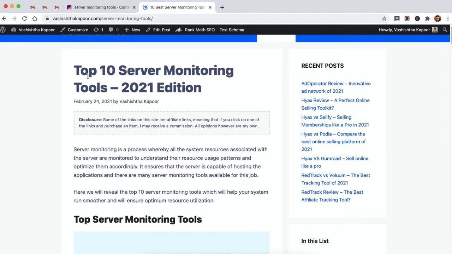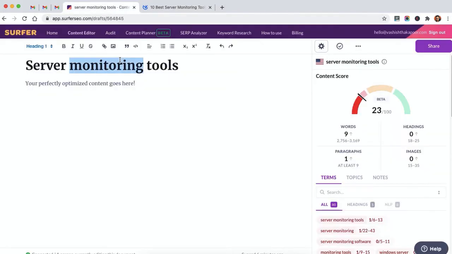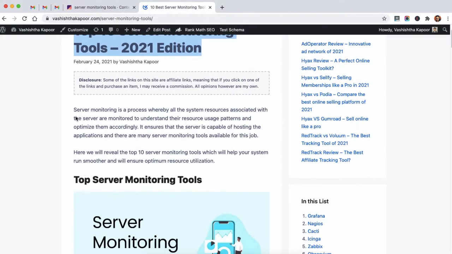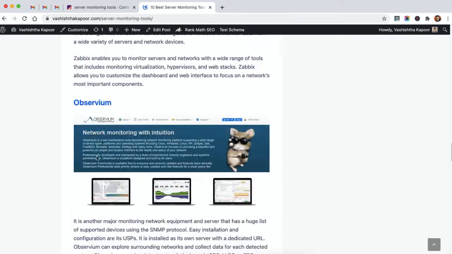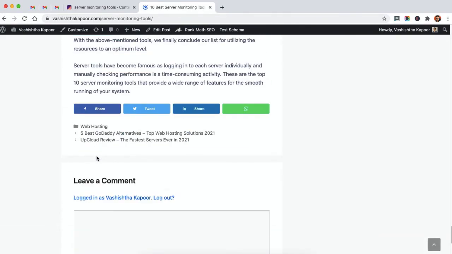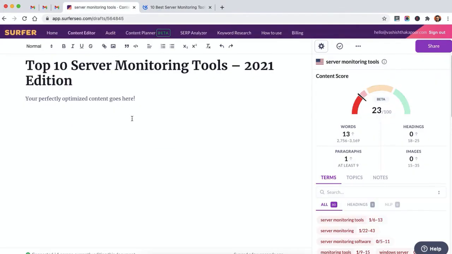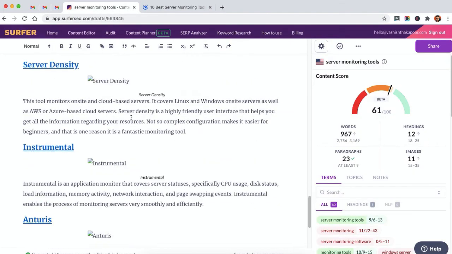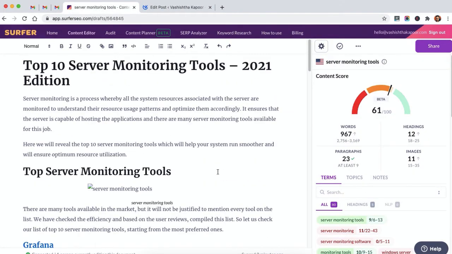I will copy the title and the content from my article and paste it in the content editor. Now, as you can see in the right sidebar, my existing content score is 61 out of 100.